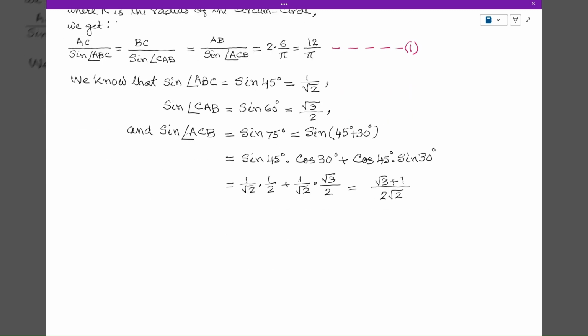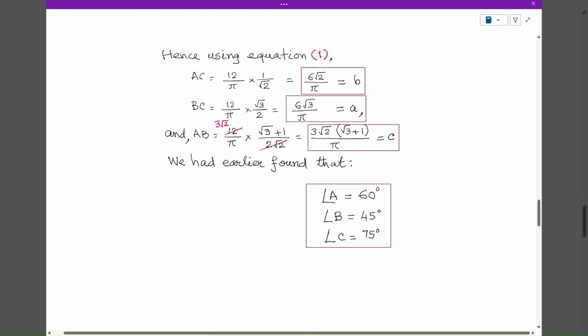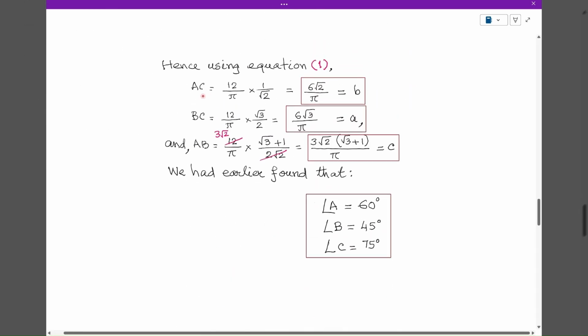So we are putting the values of AC, which is 12 by pi multiplied by 1 by root 2, and that is 6 root 2 divided by pi,